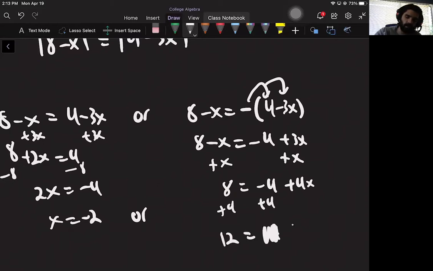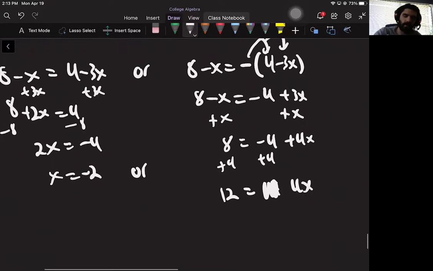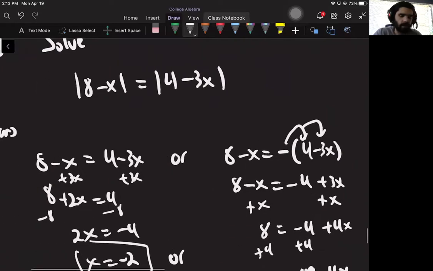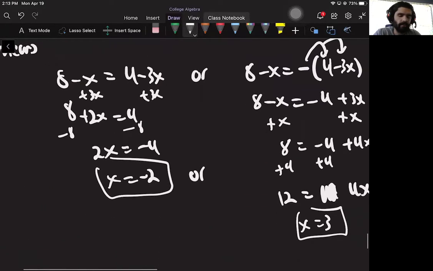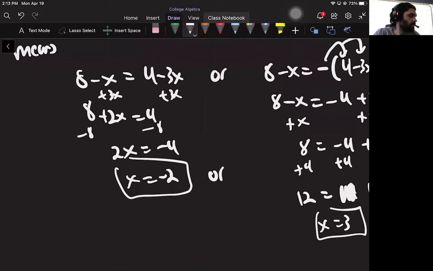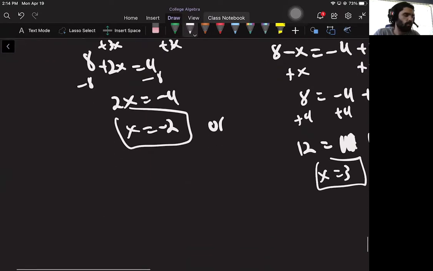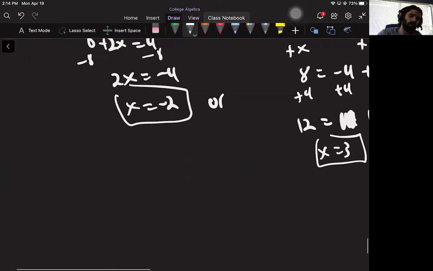Oops, 12 equals 4x. And so x equals 3 is my other answer. So if I plug those in, they will work. Okay, so this method is nice, and it leads to how things also work for inequalities, which is the last